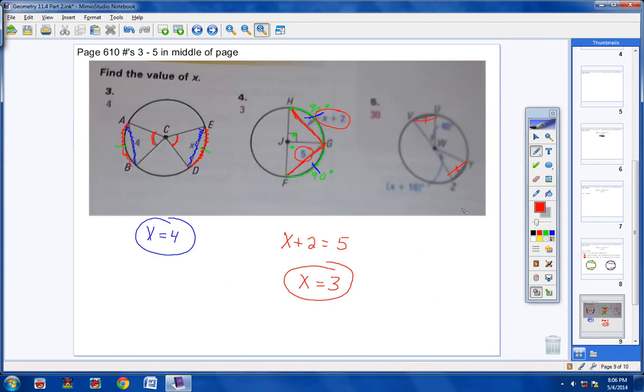So let's go back and look. So I know if this chord here is congruent to this chord here, which it is, then it only makes sense then that,